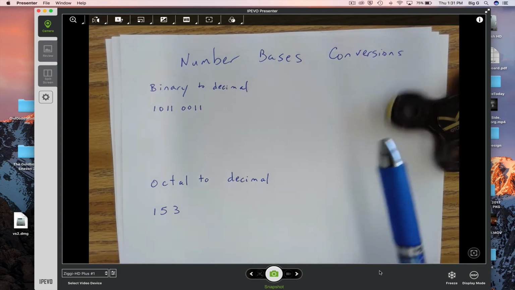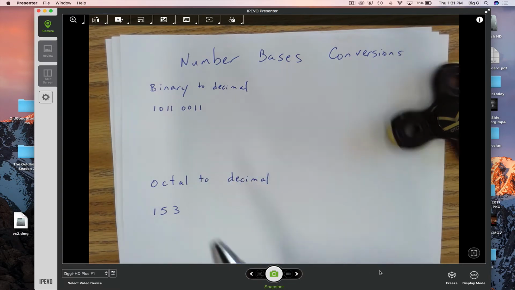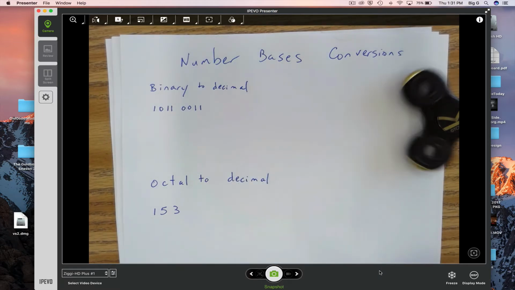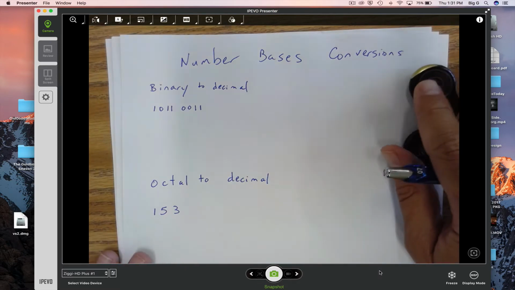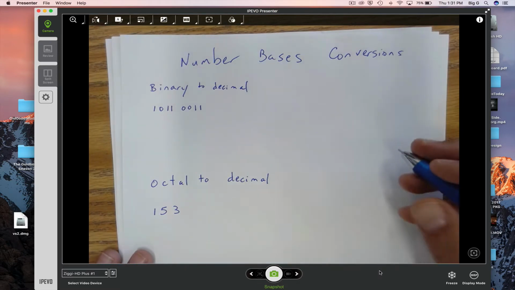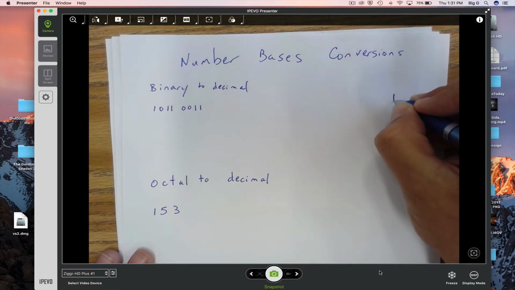Okay, today we're going to talk about number basis conversions, and each of these conversions from the different number systems to decimal is very similar. So let me show you how they work, and hopefully this will help you with your homework and on your quiz. So whenever I start, I'm going to start on the far right, and I'm going to put a number